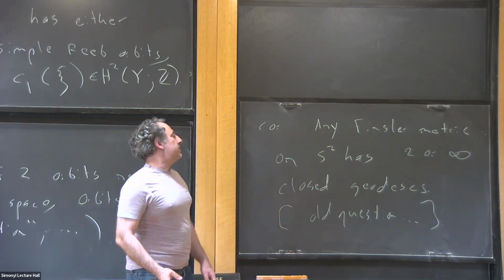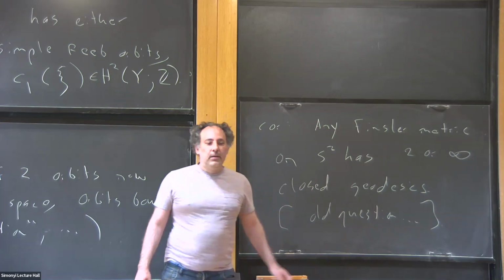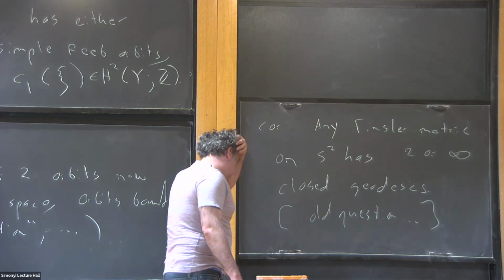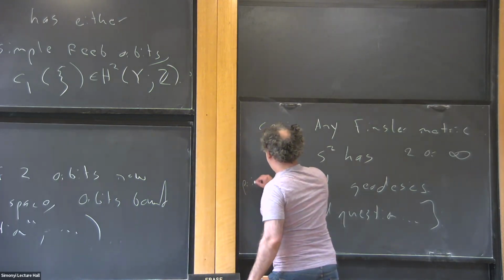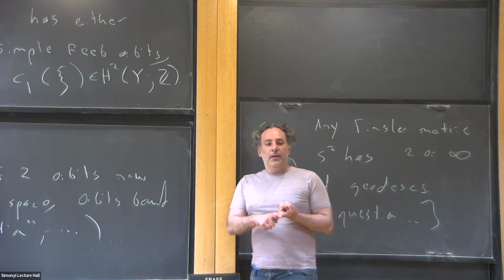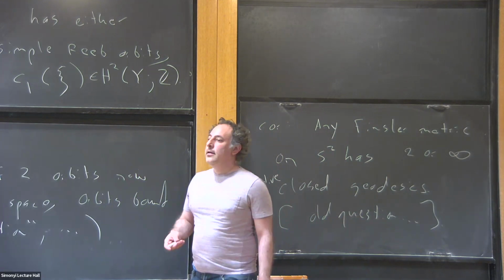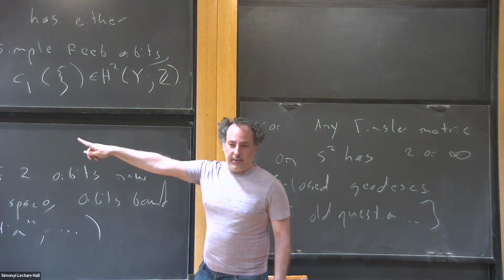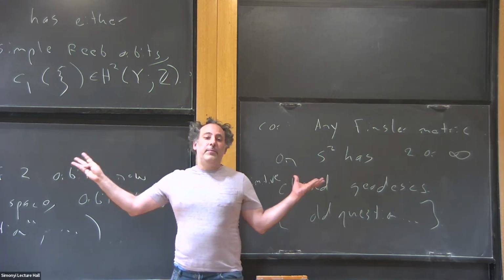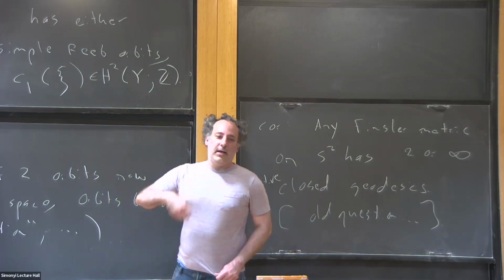For the higher genus surfaces, our results also apply, but it was already known that those always have infinitely many. So do you mean simple closed or just closed? Maybe I don't quite want to use the word simple. Maybe primitive would be better. I'm not claiming that they don't intersect themselves, but I don't want to allow multiple covers. When I write simple in the case of Reeb orbits, a Reeb orbit can't intersect itself anyways. I'm just trying to rule out a silly thing: strictly speaking, if I didn't put some adjective, once I had a single Reeb orbit, I would have infinitely many because I could just go around it a bunch of times.